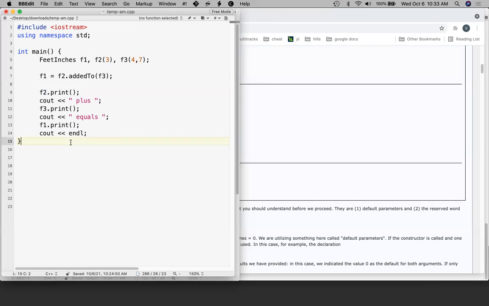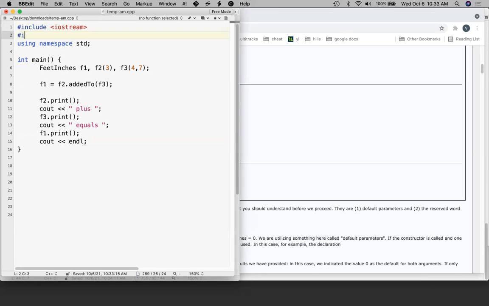Okay, so here's my code for the class. I'm going to actually #include .h